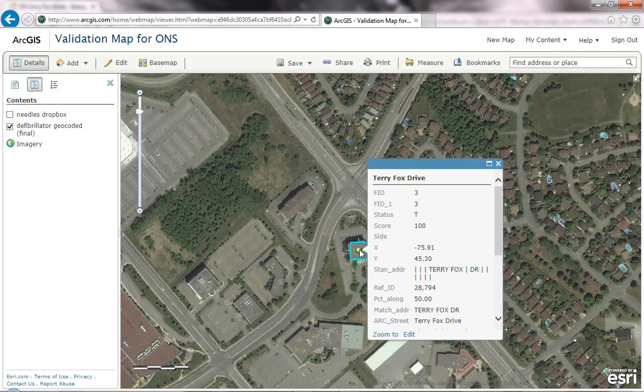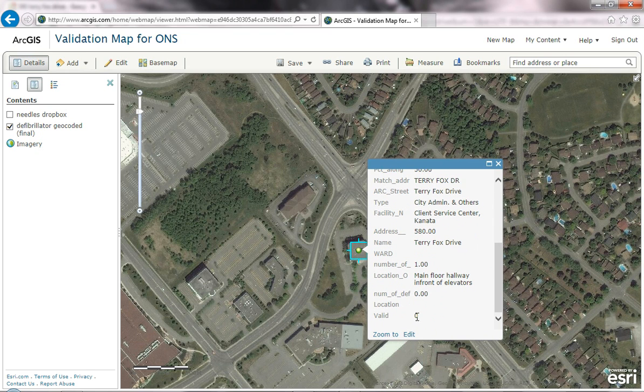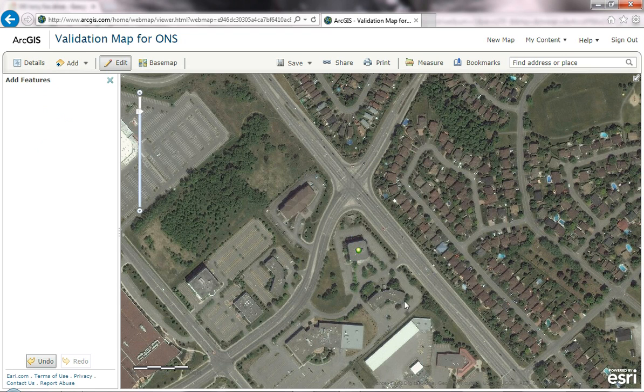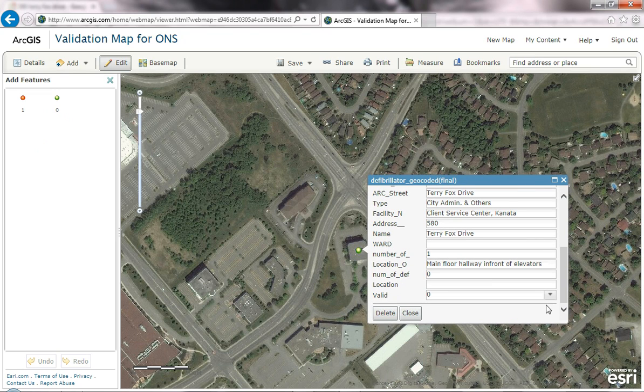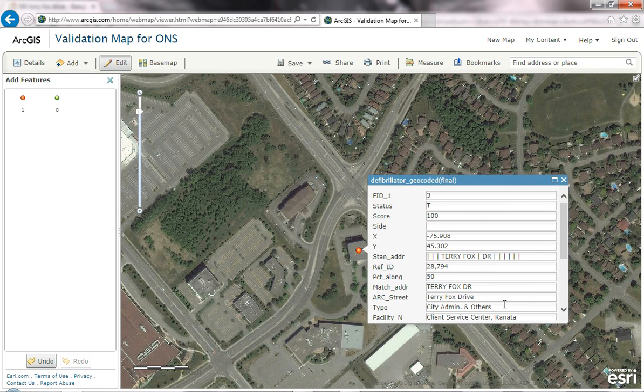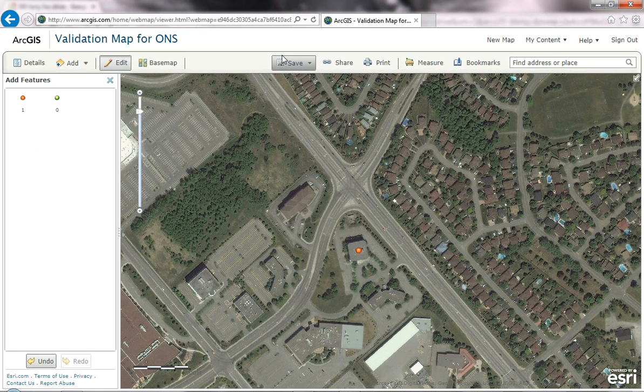And I also want to change the value of the valid field from 0 to 1 here, so I'll go back and I'll edit that again. Bring me back here, and I can go from 0 to 1 so that it changes color to red, meaning it's been edited. I can then close that, save again,